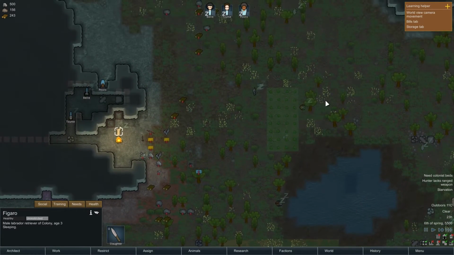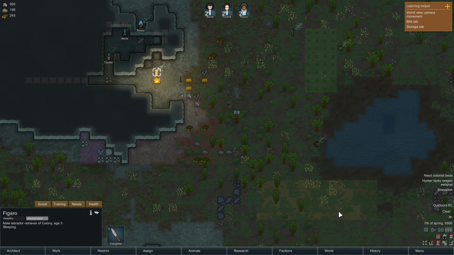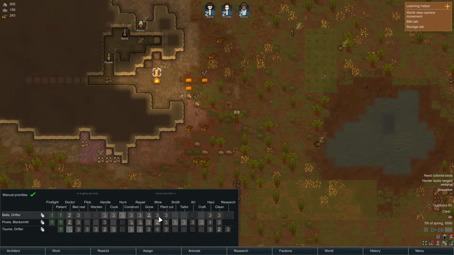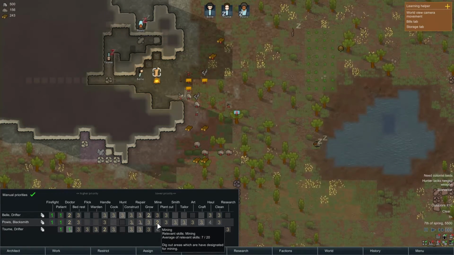Even the animals around are actually sleeping. Alright, when they wake up, Powers should keep mining and the other 2 should go for growing. And once all the growing and all the mining is done, I think everyone should be going for the hauling. Let's take a look. Powers should be mining first, which is correct, he has number 2. And once he's done mining, he should go for...